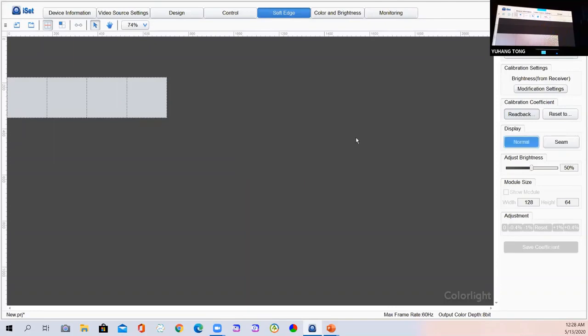Again, if the LED video wall has already been calibrated, do not reset the calibration coefficients unless you will only perform the advanced one, because the advanced soft edge will not change the calibration coefficients, but the normal soft edge will. If you click reset here, it will change all the calibration coefficients. So don't do that if the LED video wall has already been calibrated. Okay. And now we'll go to the